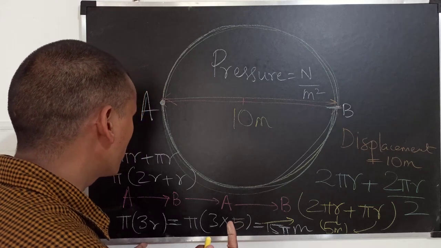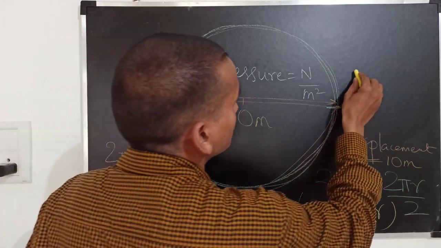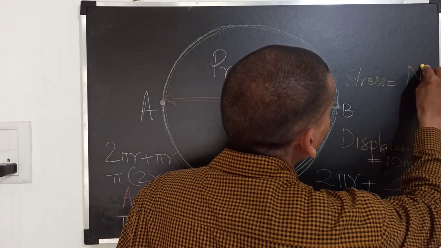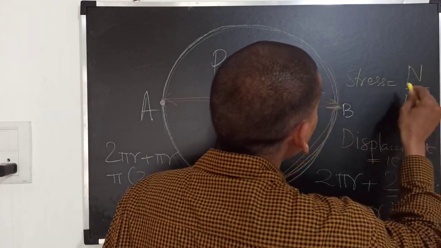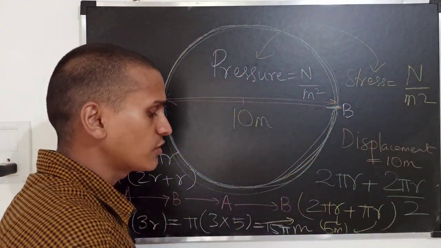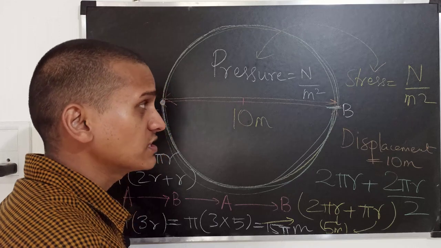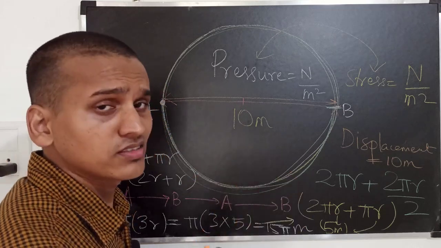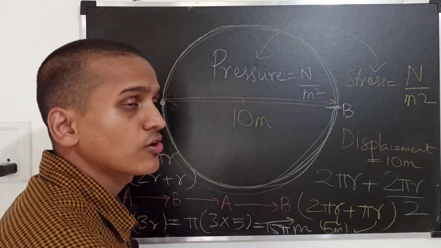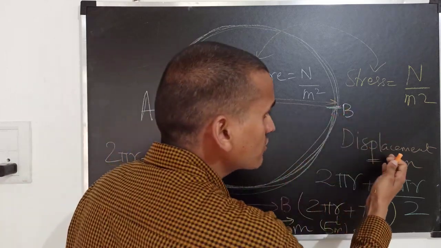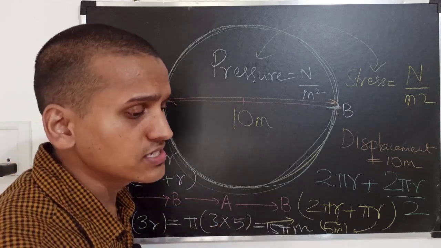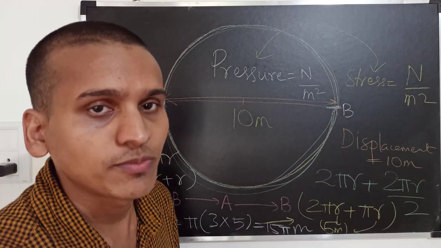I think so, it is stress. Okay, stress is also Newton per meter square. But both the quantities stress and pressure are not the same. Similarly, we have a number of quantities like this, whose units are same, but they are not the same thing. They mean differently. So here also distance and displacement are not the same thing. Actually displacement is a vector quantity, whereas distance is a scalar quantity. So we'll learn more about this in the later part of the chapter. Thank you so much.